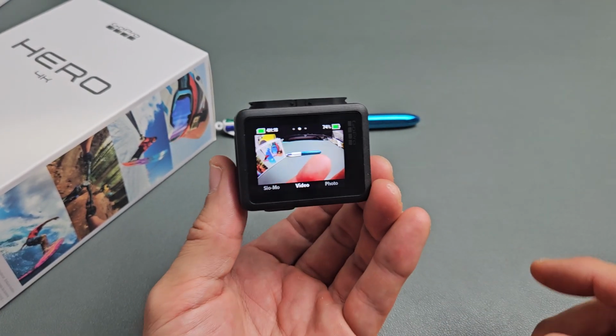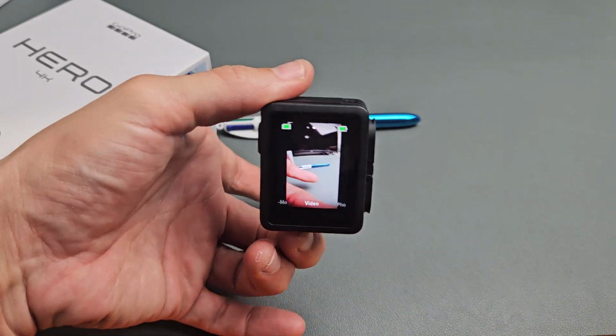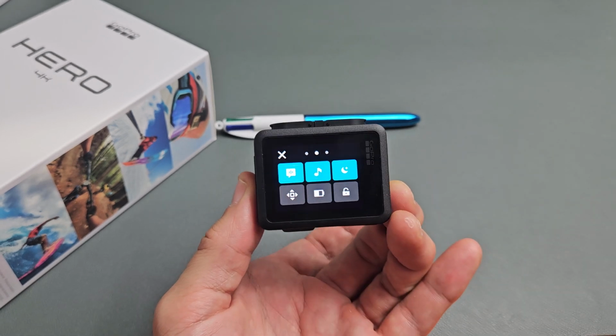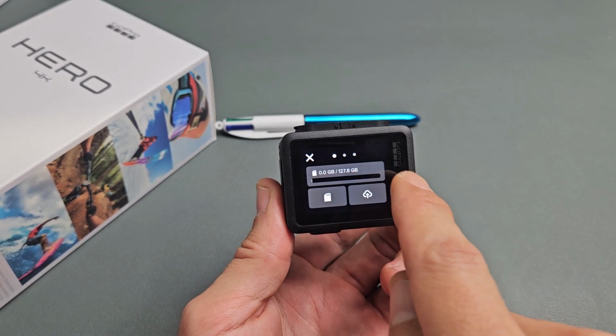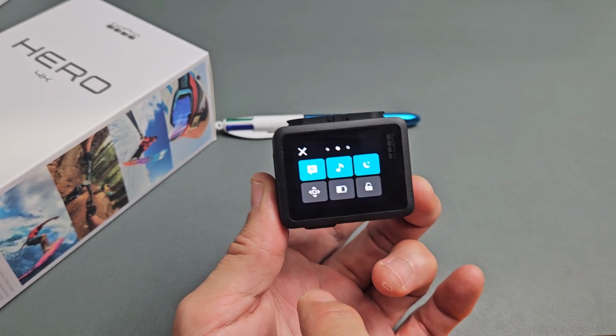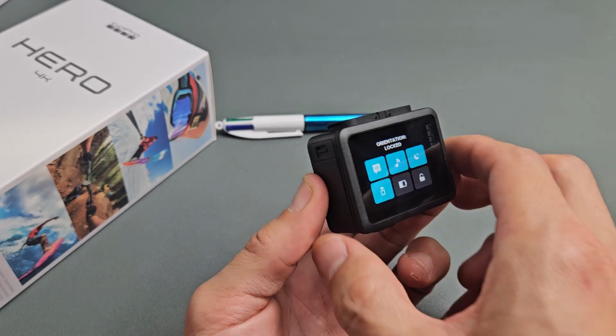So if you want to have the auto rotate on, just slide down, and then you should see this icon right there, okay? You might have to swipe to the left or swipe to the right, but right there, that's the screen lock, okay? So if I leave the screen like this and I lock it, now